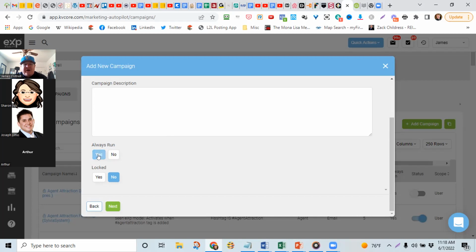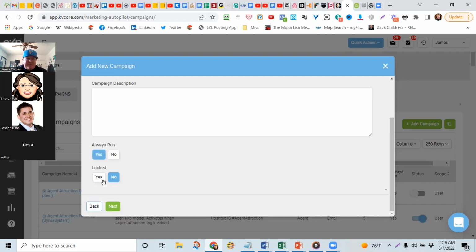It means it'll run regardless of if there's another campaign running, because you could have multiple campaigns running to the same contact. So again, that may be a strategy for you. Imagine you had an email and text campaign that goes out, but maybe you had something that's more informational or based on market stats or some things that are pulling in from the IDX feed, which are like some squeeze page links or things like that. You could run that campaign simultaneously with another campaign. So that's what that feature is.